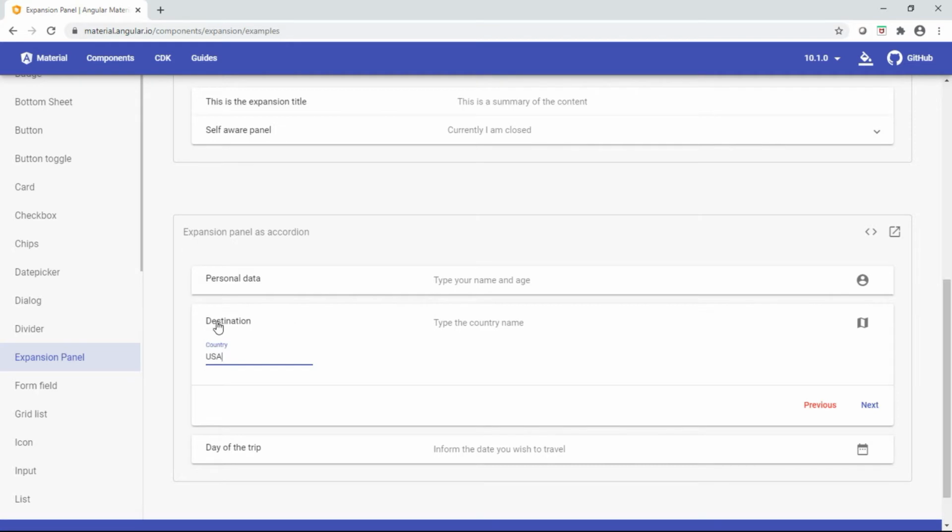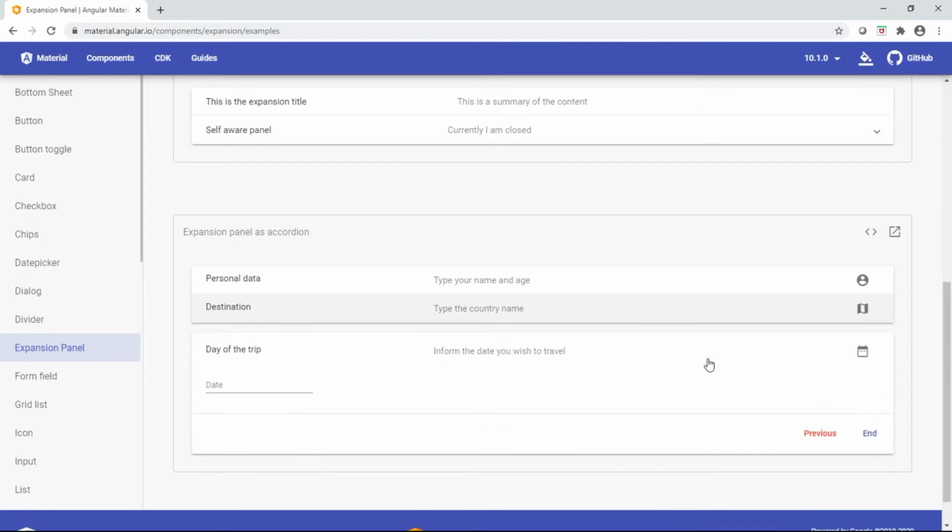This expansion panel has a title, destination, and a description, type the country name. Notice I have a next button here, but also a previous button here. The color looks different. It's just the warn color of the theme. It's not that something is invalid. Let's just go on to the next